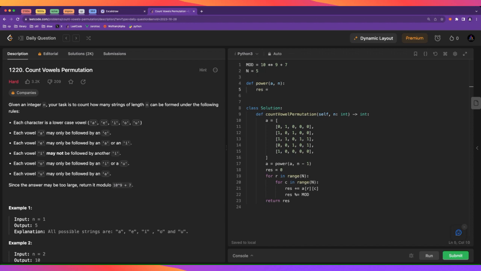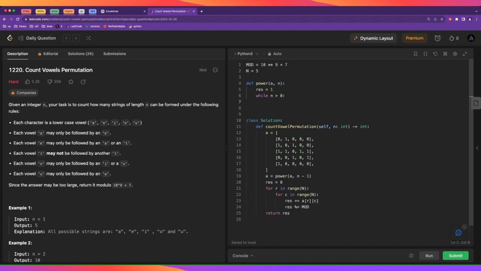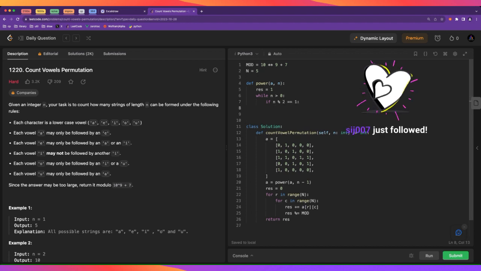The code for numbers is going to look like this: if n is odd,